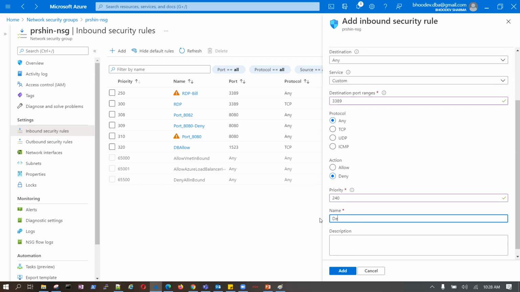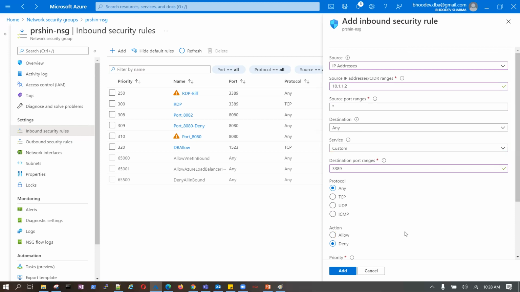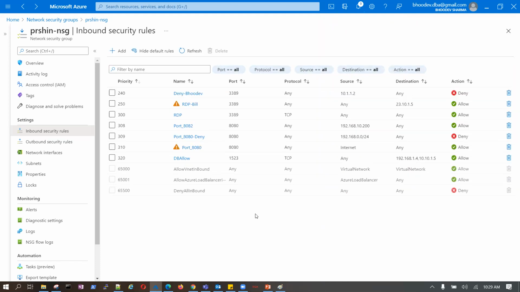Okay, deny Bhudev, because you are denying, and this name could be anything that anyone can understand by looking at it, to see whose IP is being blocked. So what does it mean? Now only the Bhudev IP is blocked. And trust me, people don't understand this even after doing expert-level certifications.